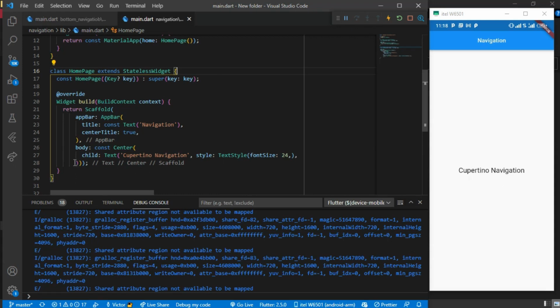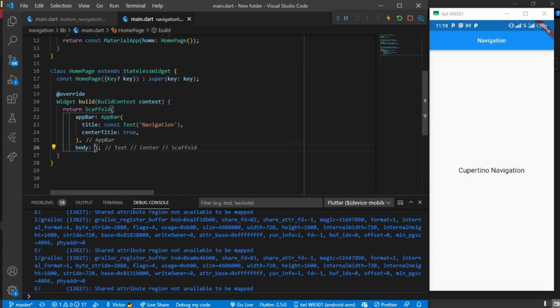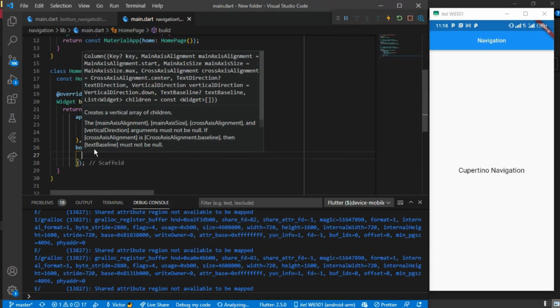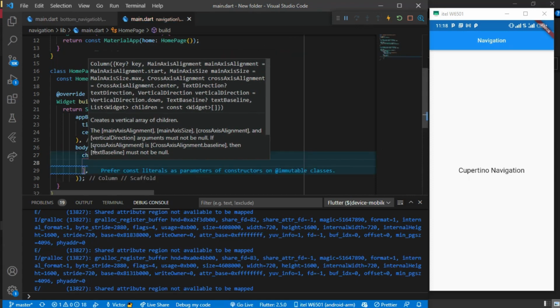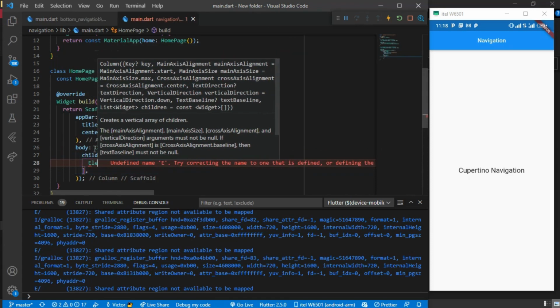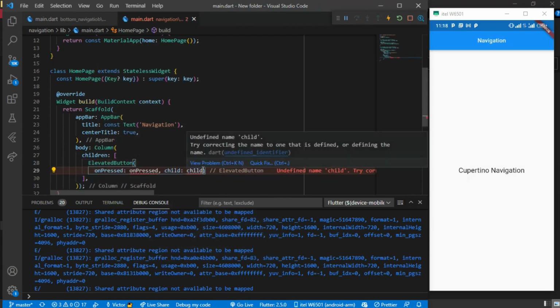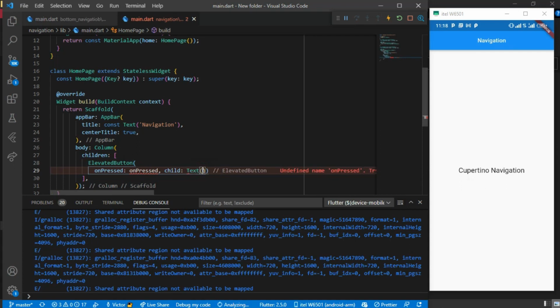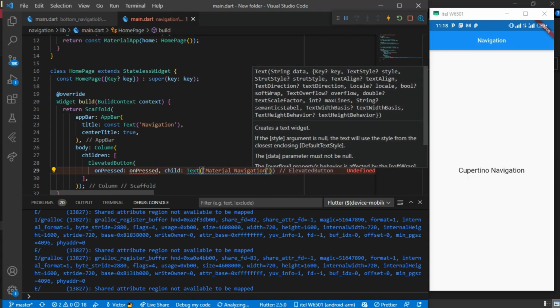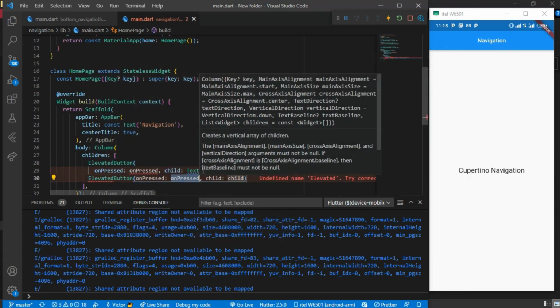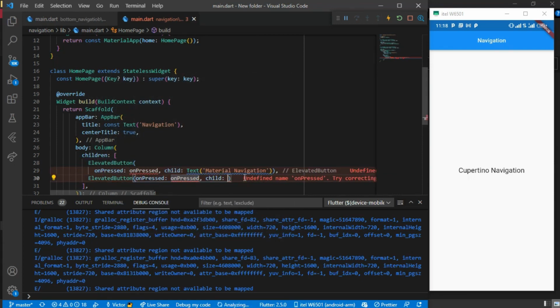So I'll delete what I have here, and then I'll have my column. In my column I'll have two buttons. So let me just have my children. One will show us the material navigation and one will show us the Cupertino navigation. Here we have the text material navigation and another button, elevated button, it will show us text Cupertino